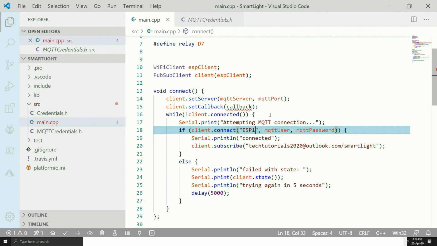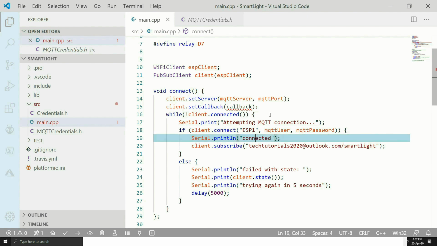So what exactly is ESP1 again? In our case, we are going to use only one ESP8266, so this name could be any. You can write ESP client or XYZ or anything. But let's suppose we are going to execute something where we are going to use 5 different ESPs. Let's say there are 5 rooms and we are going to put one smart light in every room and we need 5 different ESP development boards. In that particular case, for every ESP, you have to give the unique name. So for ESP1, you will say ESP1. For room number 2, you might say ESP2, ESP3 and onwards.